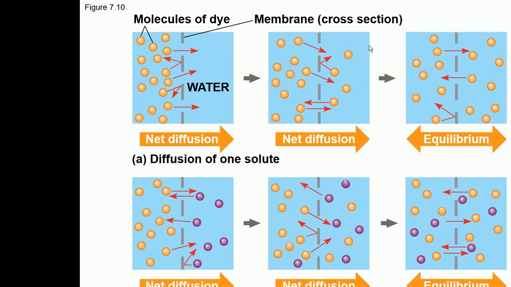So this is basically showing if there is one dye, and this is basically showing if there are more than one solute. The concentration of this kind of solute is more on this side, and slowly they will move from this side to this side, and they will all become uniform. And this is a second solute. The concentration of the molecules is more on this side, and after some time you will see that these molecules are going to move from this side to this side. So eventually the concentration of both the solutes on both sides becomes the same. So this is a process called diffusion.